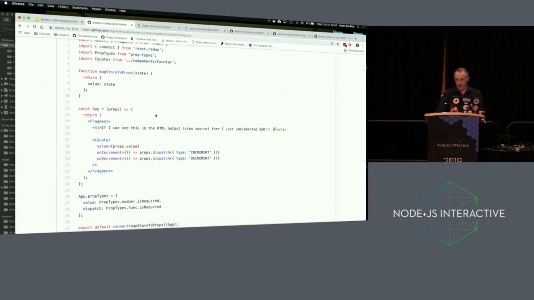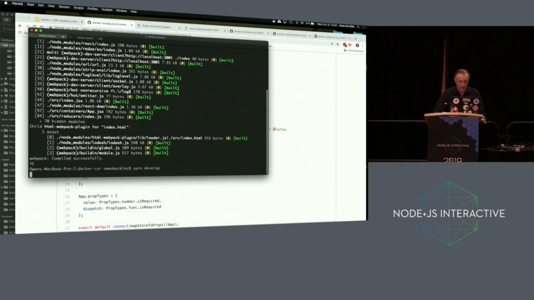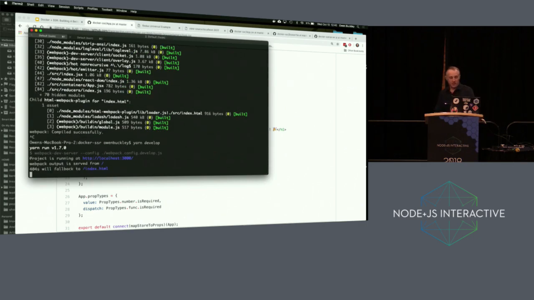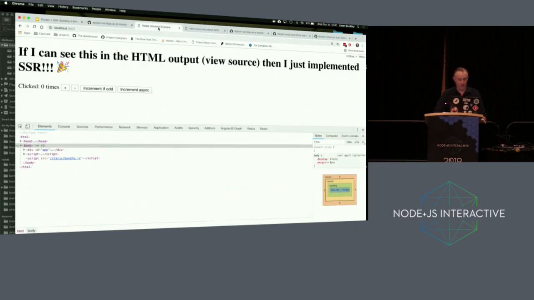So this entire project is self-contained. It includes the Dockerfile and the server.js file in there. Those are the two things that I'll walk through because they're the two things that you probably wouldn't normally see in a strictly front-end project. But the first thing I want to do is run this in development mode. So I'm using Webpack Dev Server, and this will run this application in the very traditional